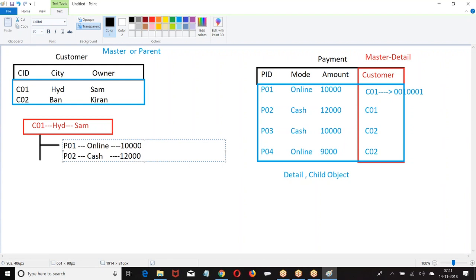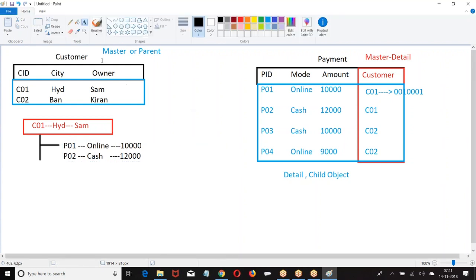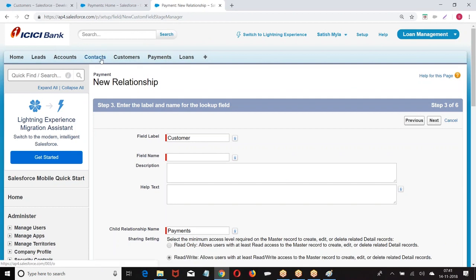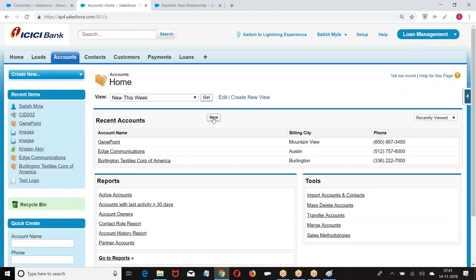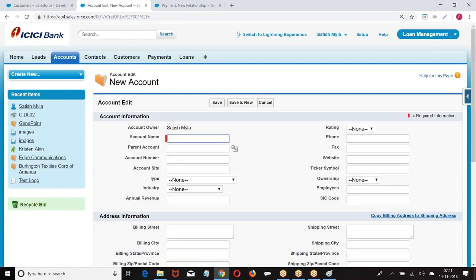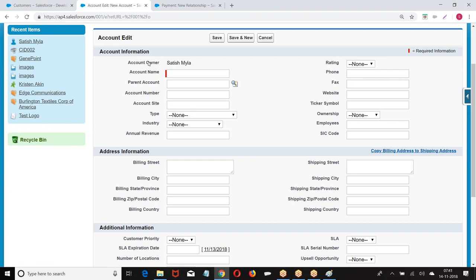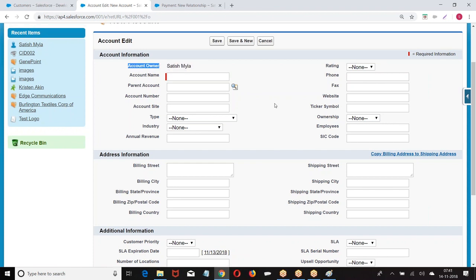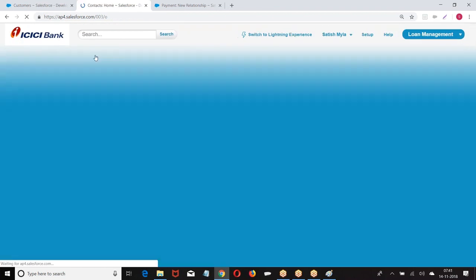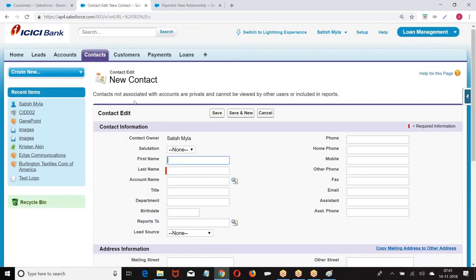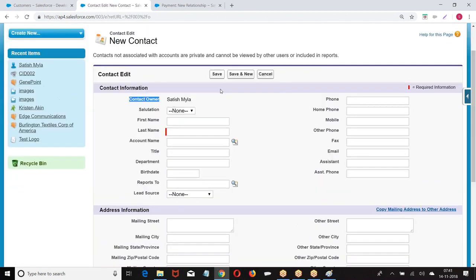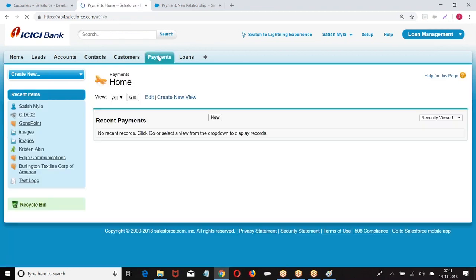Now, observe this carefully. If I go to account, I am trying to create a new account. What is the field we have here? Contacts. What is the field we have here? Let us go to payment.